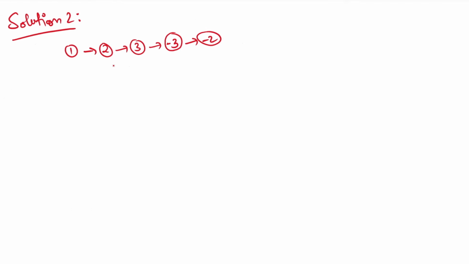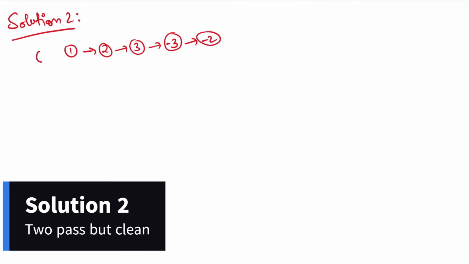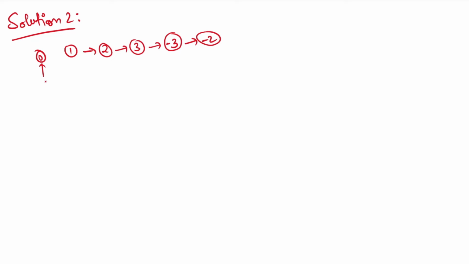So in this solution, first of all we need a dummy node, because it may be possible we are going to delete this, so we will use a dummy node here. And now what we are going to do is, instead of adding our nodes to the map and checking simultaneously, in one pass we will add everything into our map, and in the second pass we will do this changing of links. So let's do it first.